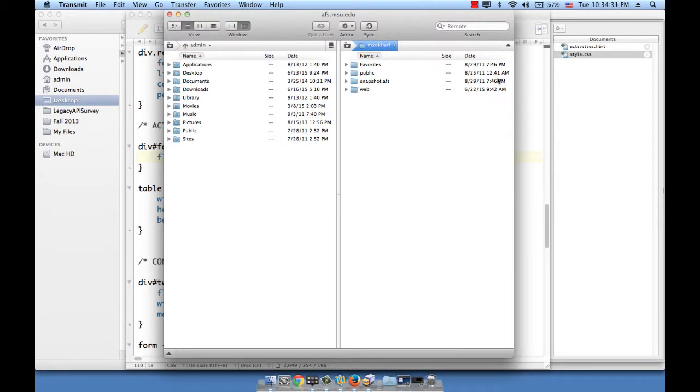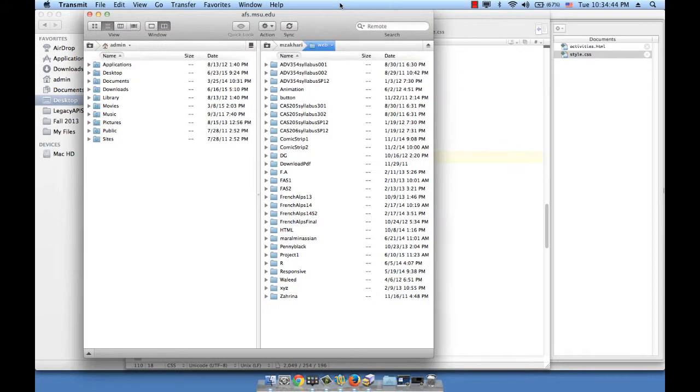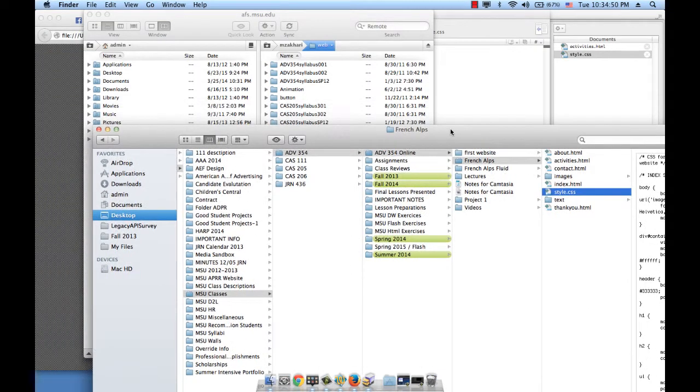That takes me into my space. And I have to look for a folder called web. So you do the same thing. You have to look for a folder called web. You double click on that folder, and the work that you need to upload should be uploaded into this web folder. So let me find my own folder. My folder is French Alps,